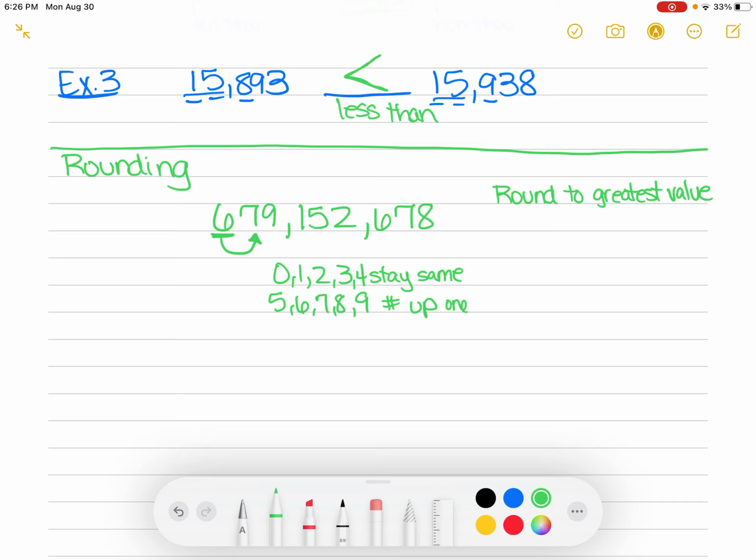You're saying, oh man, that kind of sounds complicated. What it means is I say, okay, 7 is in this group, 5, 6, 7, 8, 9. So that means I'm going to go back to the one I underlined, and that 6 is going to go up to 7, and everything after it is going to turn into 0. Okay? Now, if I take that same number,